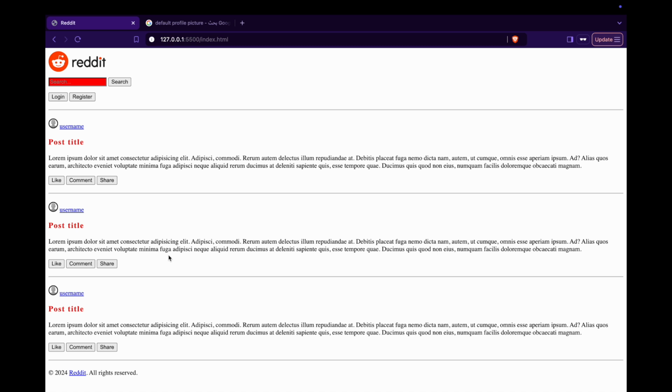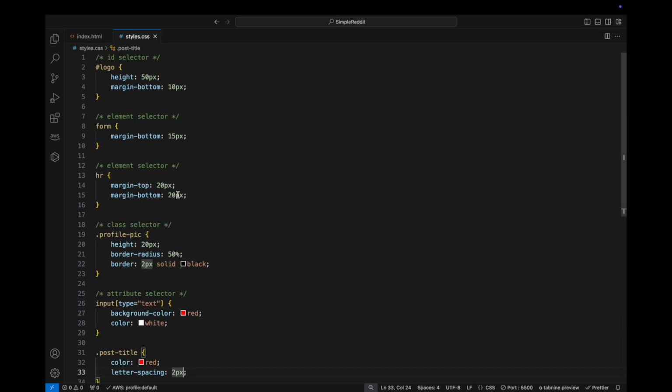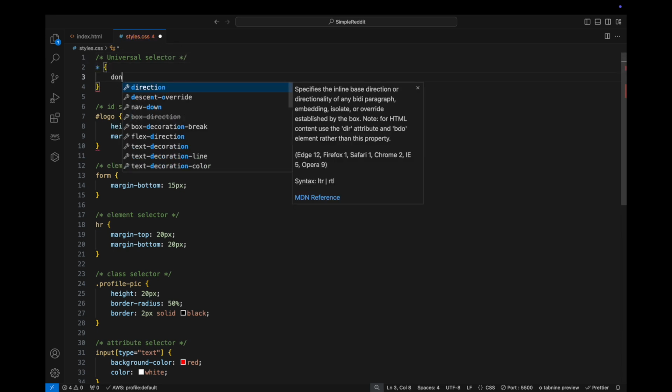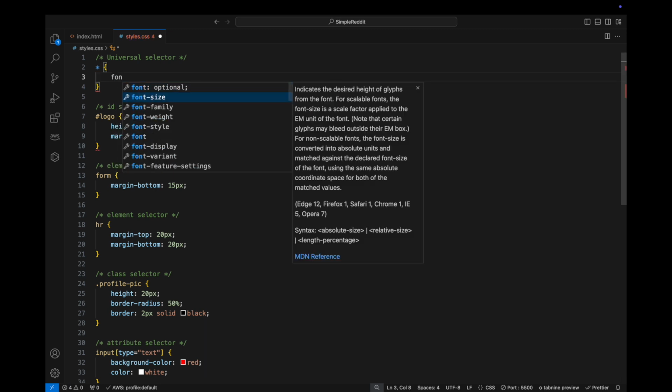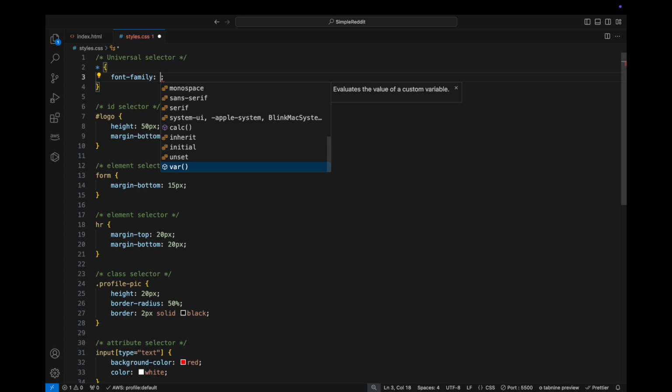So that is it with the post title. There's one thing that I forgot to mention, but I mentioned it in the previous videos. There's also something called a universal selector, which is basically a star. For instance, you can add a font family, let's say